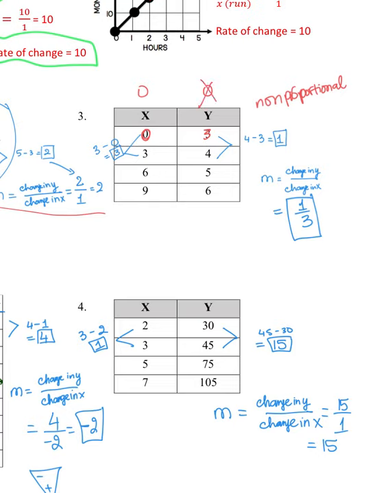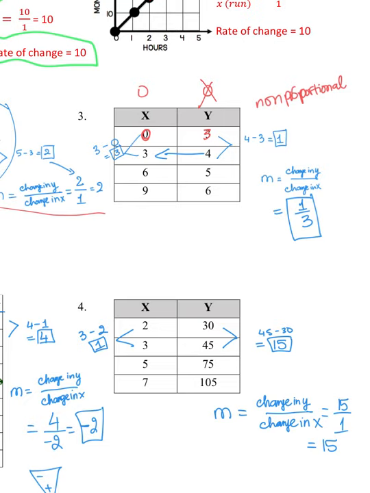But if it's not 0, it is a number like 1, -1, 3, -3, it is non-proportional. Okay, and we can tell proportional or non-proportional by doing y over x, right? For example, if I do